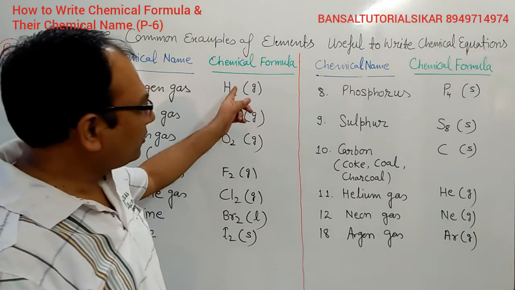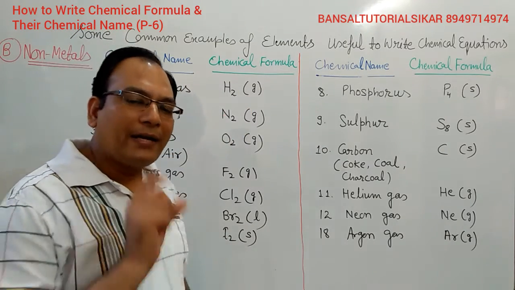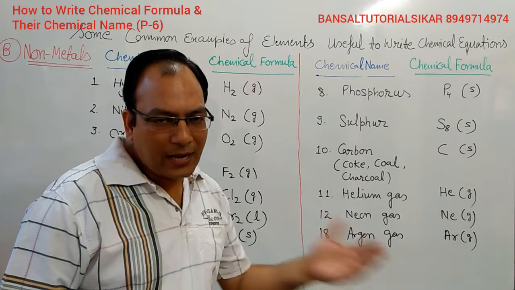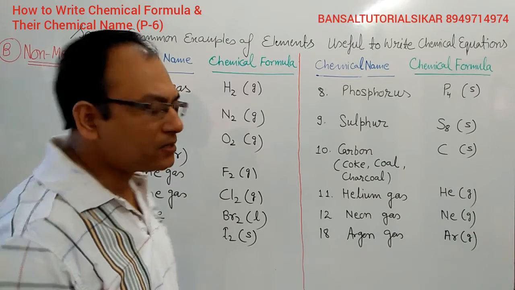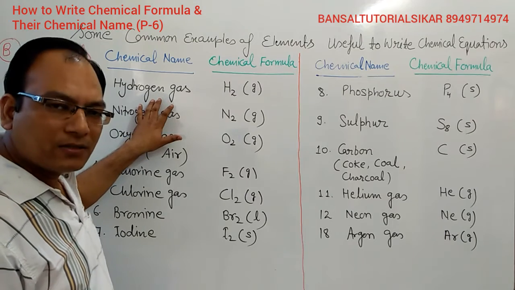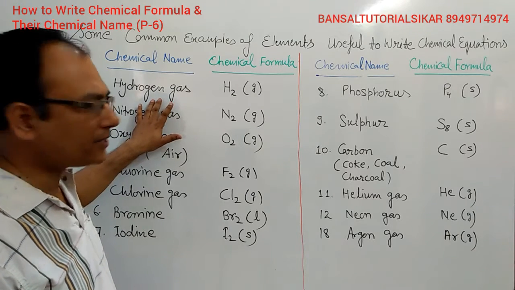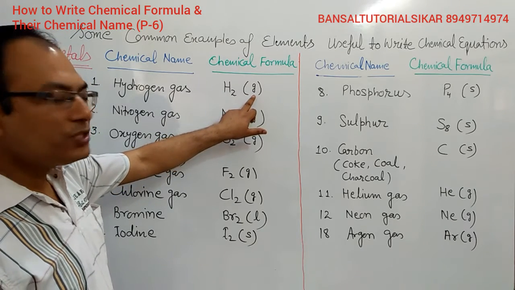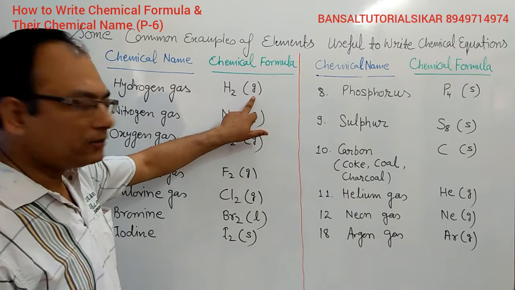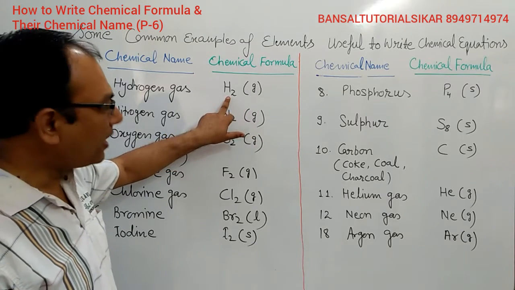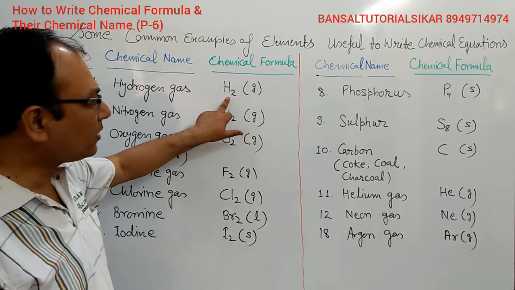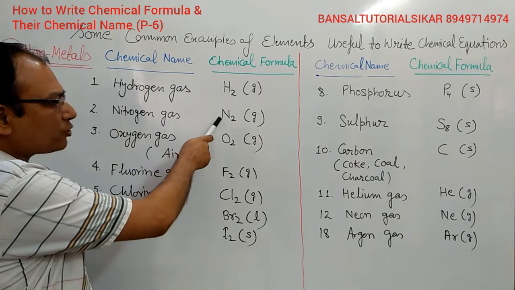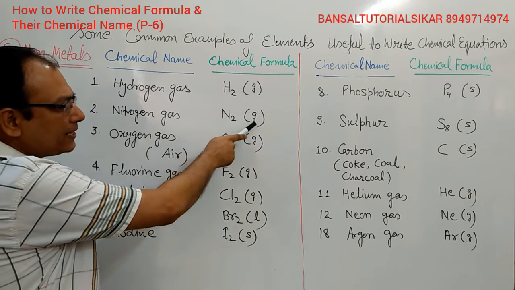So when we write the formula of any chemical substance, it represents one particle of that substance. So let's see the examples of nonmetals. First is hydrogen gas. Whenever hydrogen gas is given in our chemical reaction, we will write down H2, and in brackets we will write g, small g. This g represents that hydrogen exists in gaseous state, and one particle of hydrogen gas is composed of two atoms of hydrogen. In the same way, nitrogen gas, which is also diatomic, we will write down the formula N2, and it is in gaseous state.